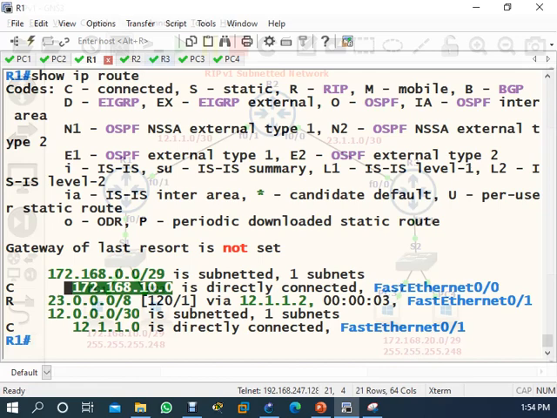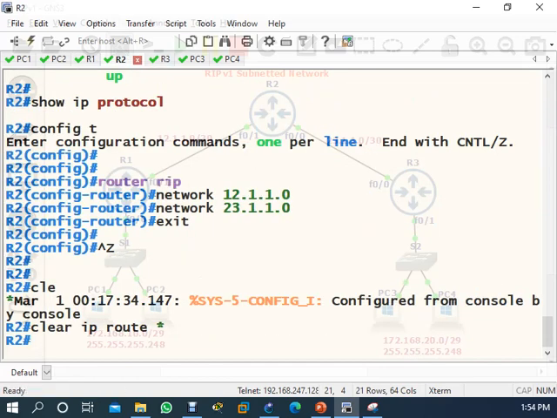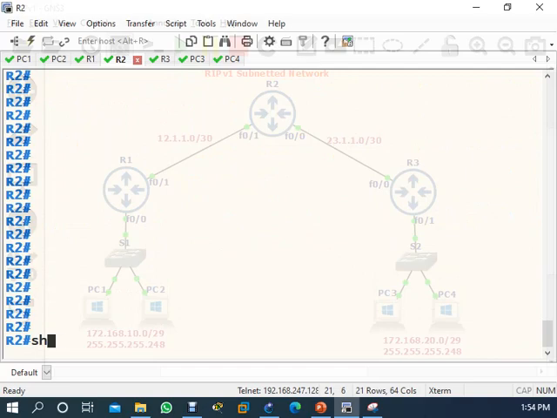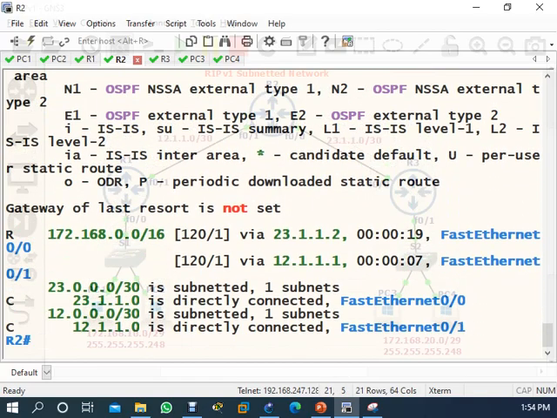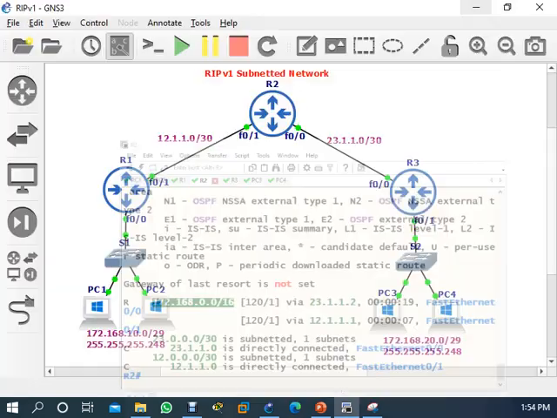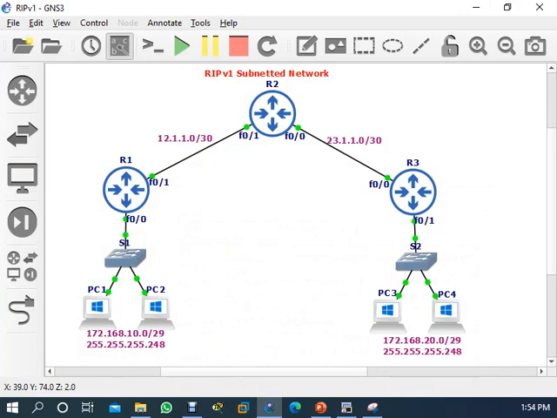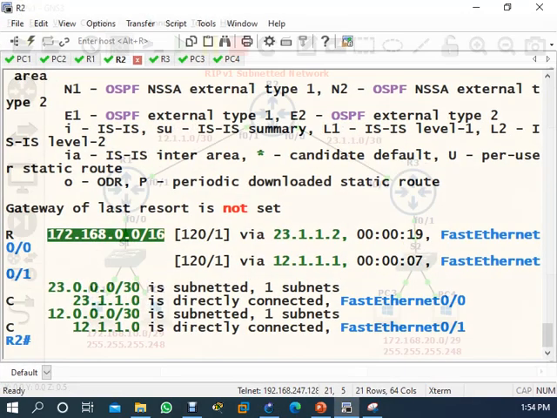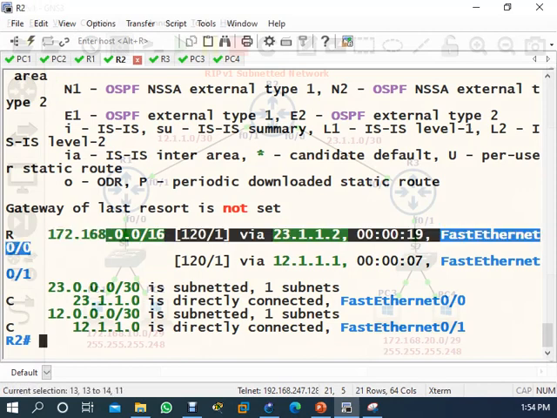But the routes on router 2, if you are coming here, so IP route, the routes on router 2, see here, 172.16 is saying that if you want to reach 172.0.0, you can reach via 23 and 12. Do you have load balancing? No, because here you have a different network, here you have a different network, but router 2 is saying that it's load balancing, but it's not correct. Why is it saying load balancing?